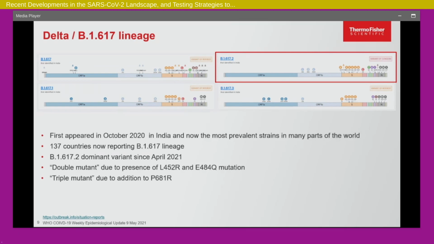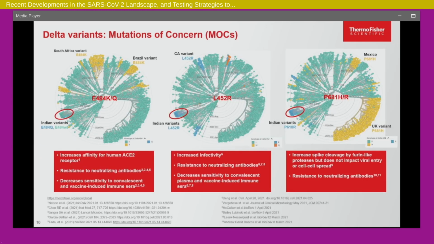We do surveillance testing for flu all the time. We know about flu A, we know about flu B, and that becomes part of our vaccines. Right now, the vaccines we use, Pfizer, Moderna, J&J, have a specific sequence that we all take. But we need to understand how this virus is evolving, because it might have an impact on the design of the vaccines. You can see these are some of the mutations of concern. And it's not unique to one strain. There are some commonalities between the different strains. It's very important to understand that this is the process of convergent evolution of the virus.